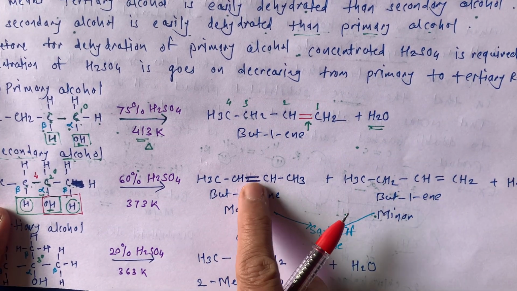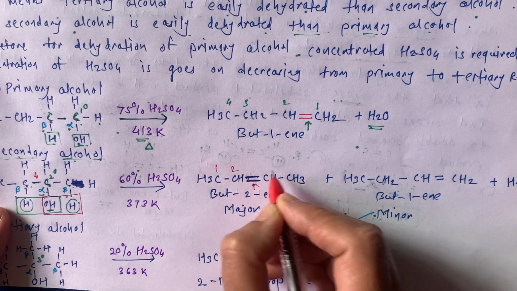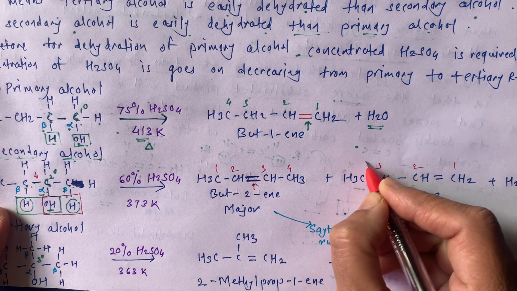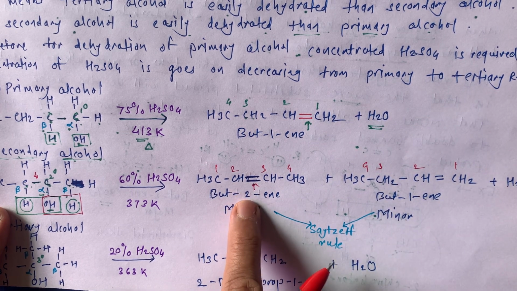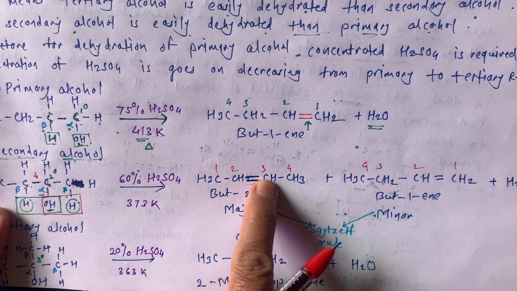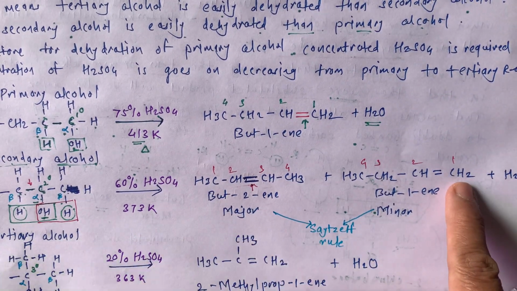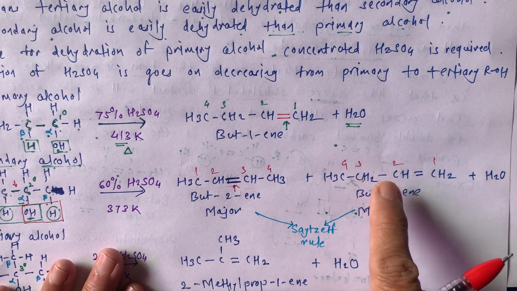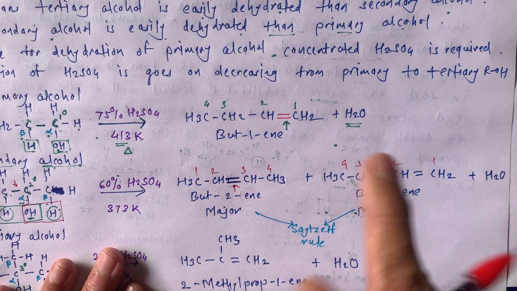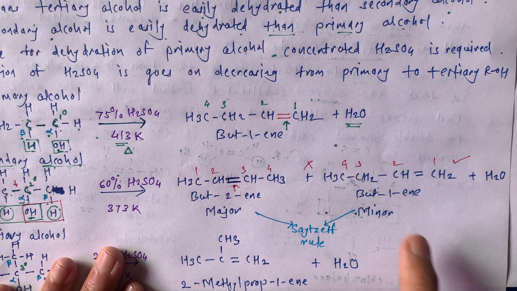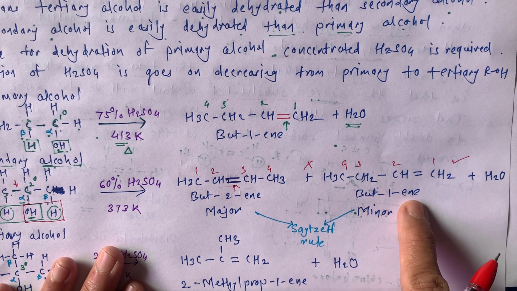So here it is at the second carbon, 1, 2, 3, 4, and here it is 1, 2, 3, 4, and at the second carbon here is the double bond. So this is but-2-ene. From this side also it is on the second carbon. Now here from this side we have to do the numbering, because it is near to this carbon. If you start from here, it will come on the third carbon. So we are not going to number from this end, we are going to number from this end, and so this is our but-1-ene. Okay.